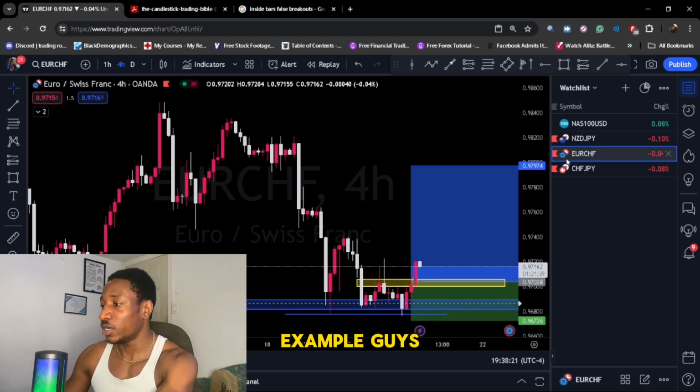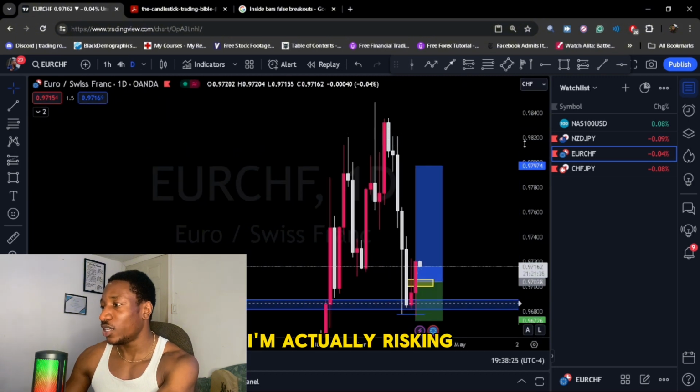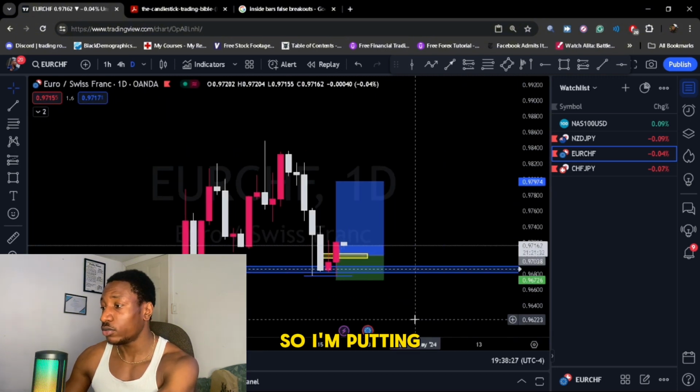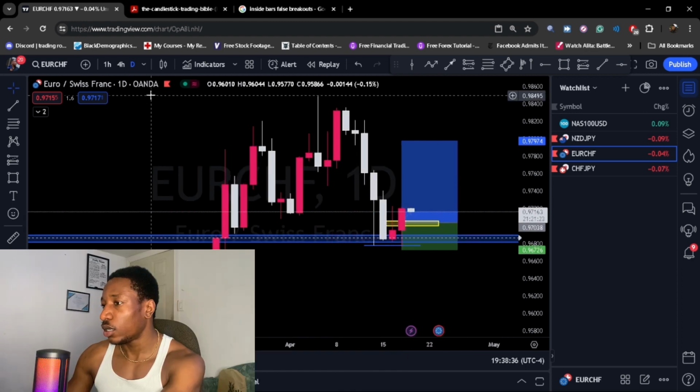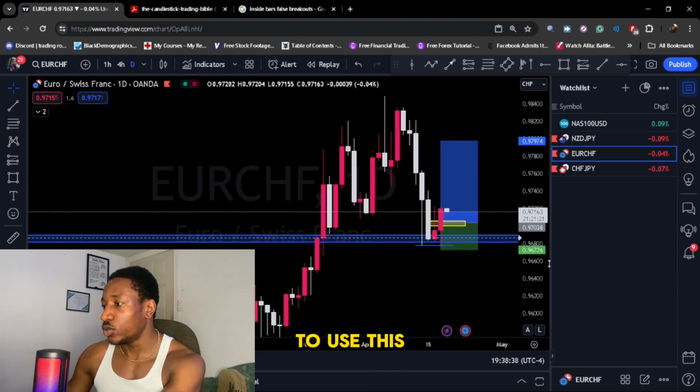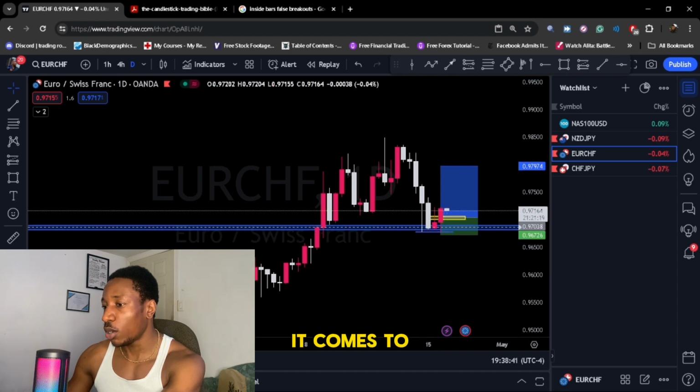Now the second example, guys, I'm actually currently in this trade, right? I'm actually risking 1,500 in this trade, so I'm putting my money where my mouth is, right? So like I said, guys, you have to decipher when to use this strategy. So when it comes to using the strategy, guys,